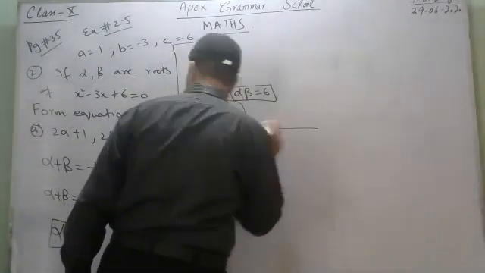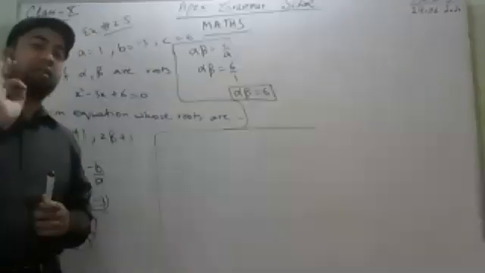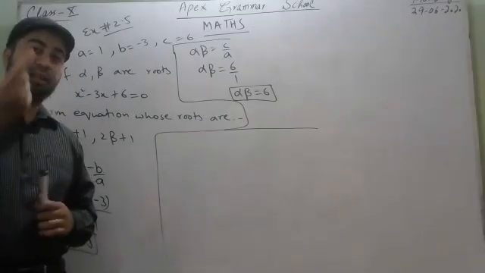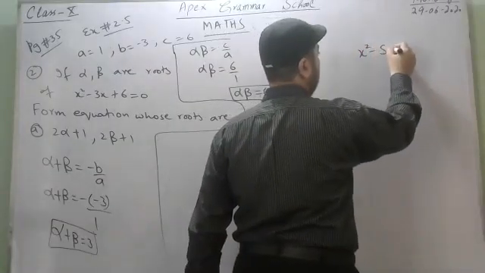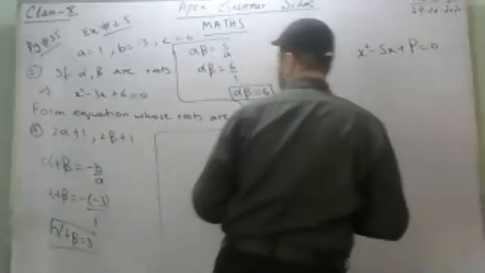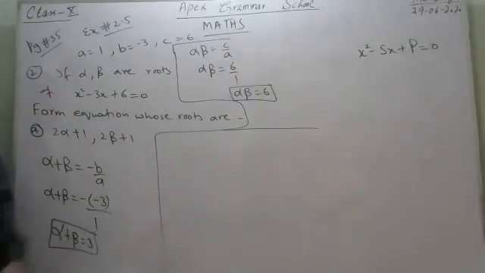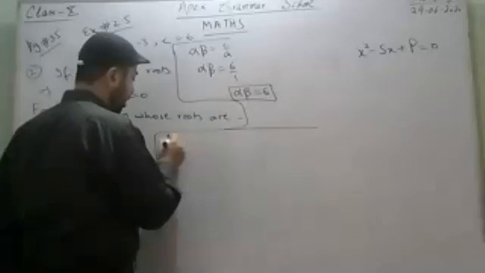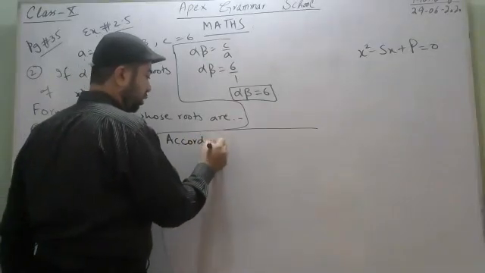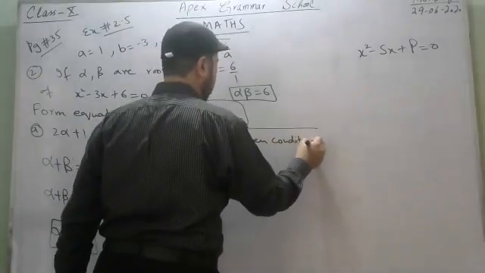After that, coming back to his requirement, to make the equation the criteria is that formula, x square minus sx plus capital P is equal to 0. We want to make the equation whose roots are these. Now he is going to spin those roots, so we will spin them. First we need the sum of these, so according to the given condition, now apply the condition that he wants.